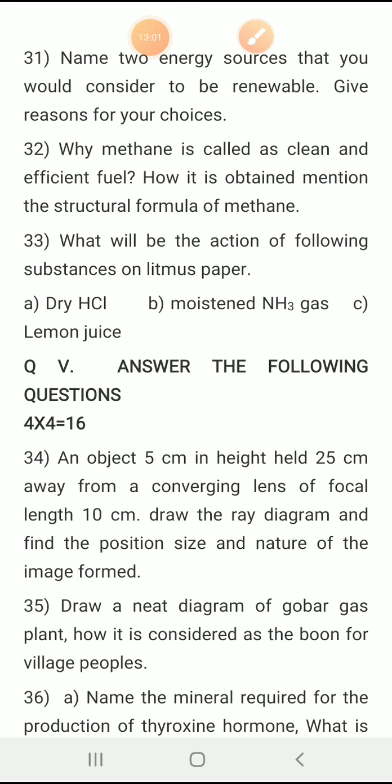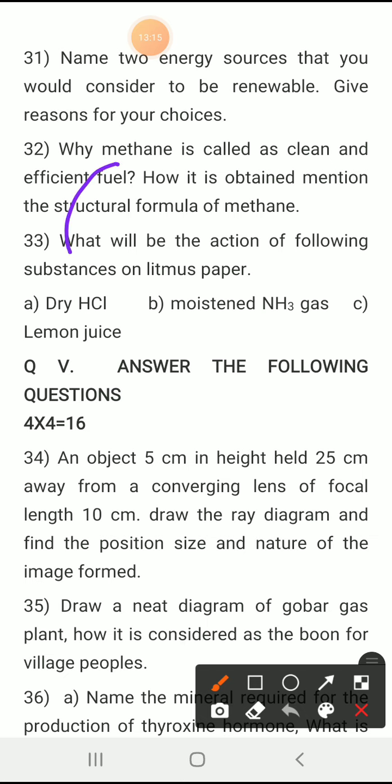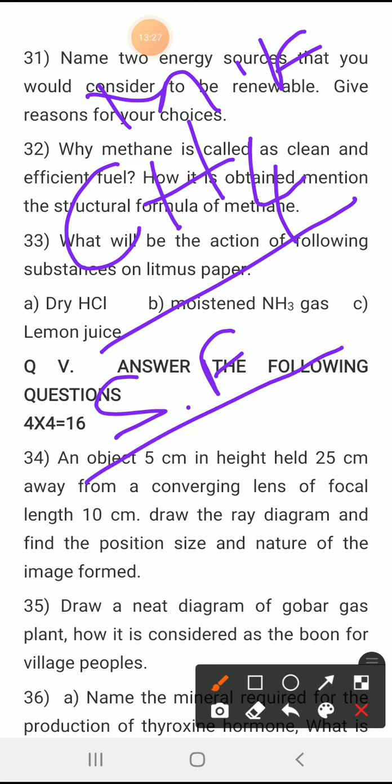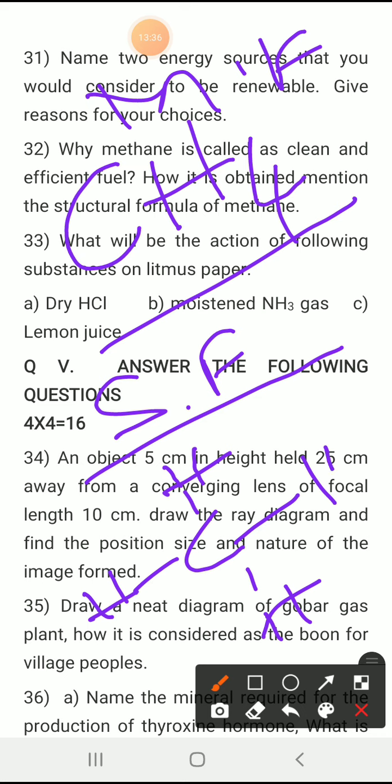Fine. So next the question is, why is methane called a clean and efficient fuel, and how is it obtained? Mention the structural formula of methane. You know that the molecular formula of methane is CH4, right? MF, molecular formula, whereas the structural formula, SF, is, you know that methane is very simple: C with single bonds to H, H, H, H. So it's CH4. The molecular formula of methane is CH4, and the structural formula of methane is